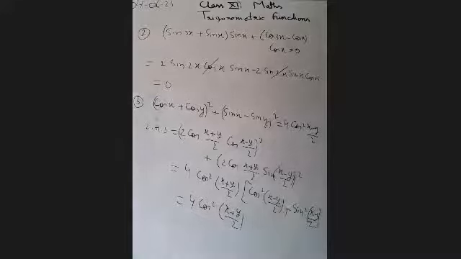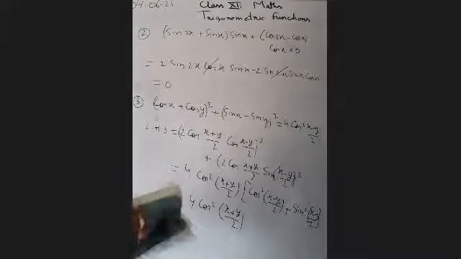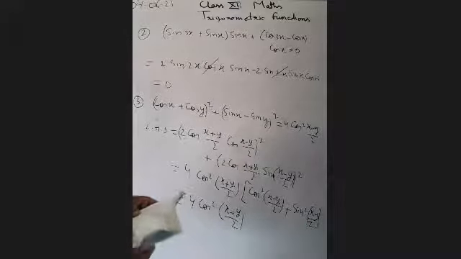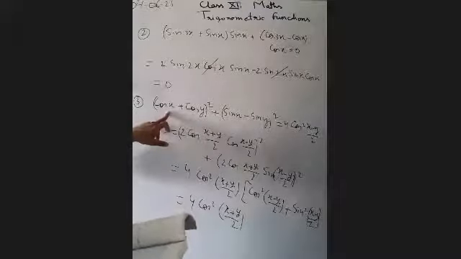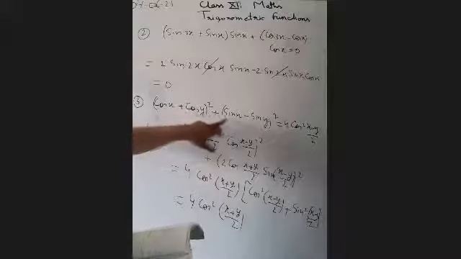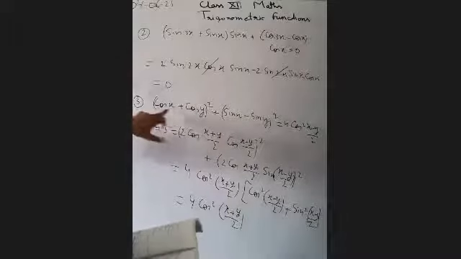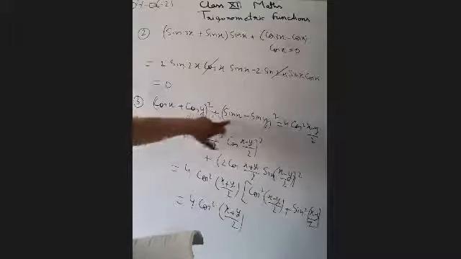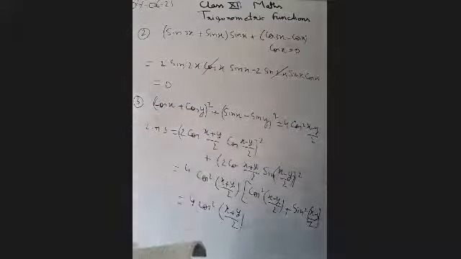So just see the next question also. This question can be done by you because both are similar questions. In this question they have given you cos x minus cos y, sin x minus sin y. So you have to use the formula cos c minus cos d and sin c minus sin d. Exactly the same steps you have to adopt here. So next question I am just telling you.